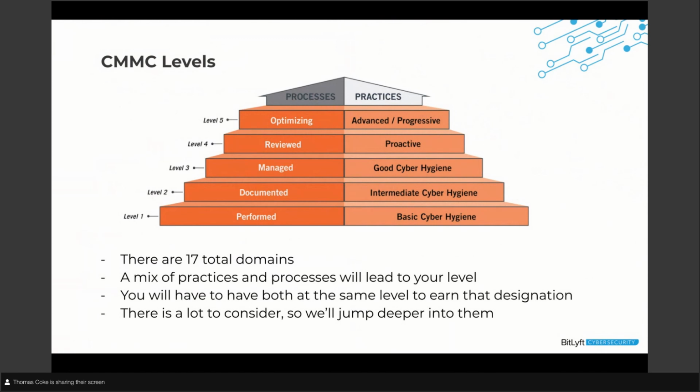What's also interesting about this pyramid is there are 5 levels. So people ask sometimes, what does that really mean? Well, to me, it means if you want to be level 3, you have to be both managed in your processes and have good cyber hygiene. You can't say I'm level 3 here and level 2 here, so I'm level 3. It's not the highest score. It's where you actually fall. So the goal here is if you want to be level 3, be level 3 in both. If you're level 2, be level 2 in both. Don't try to be level 5 in one and level 1 in the other. You want to make sure that you're matching up where you sit on each category.